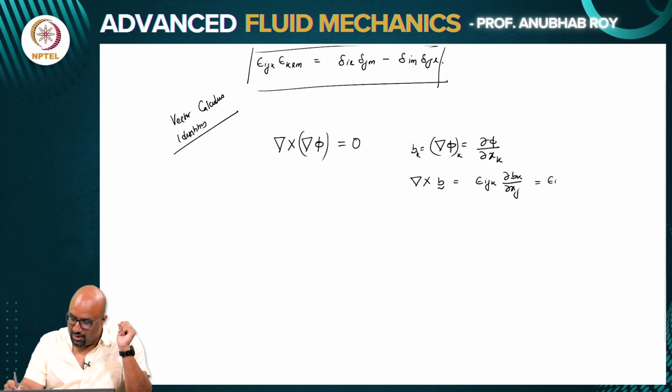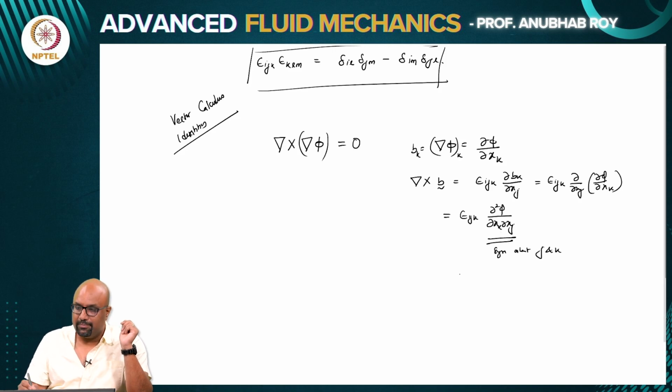So if I write this out, I have epsilon ijk dou xj of dou phi dou xk. If I switch the indices, I could write it as dou square phi dou xk dou xj. So if you see the derivative here, dou xk dou xj, this is symmetric about j and k, whereas epsilon ijk is antisymmetric